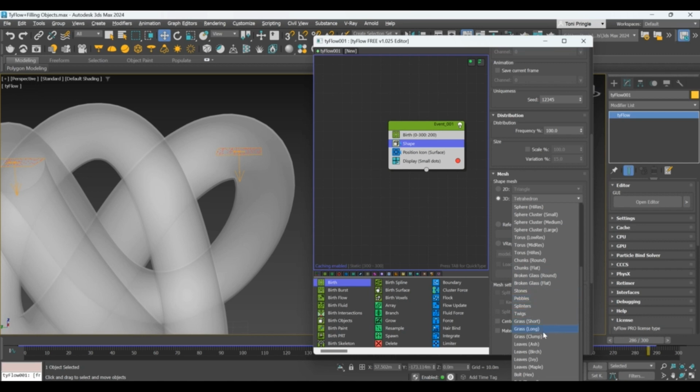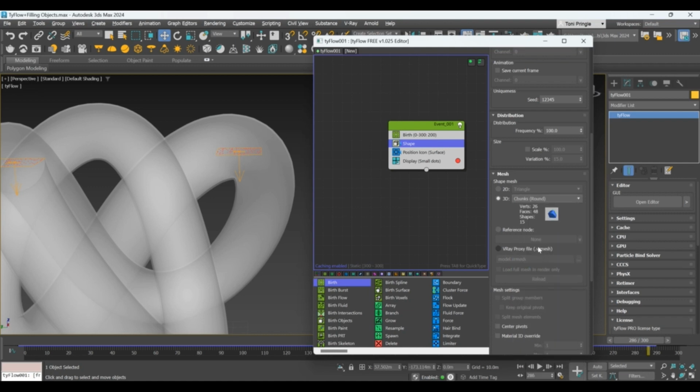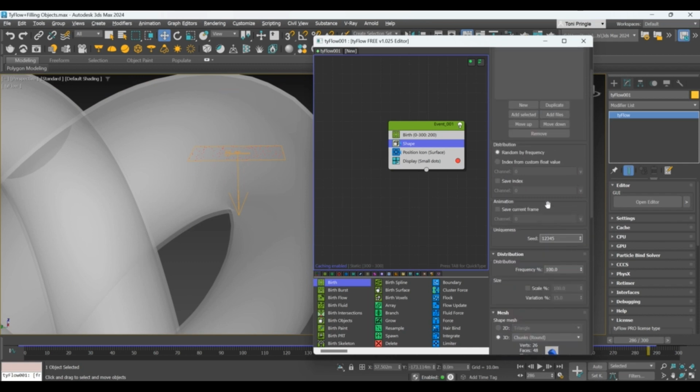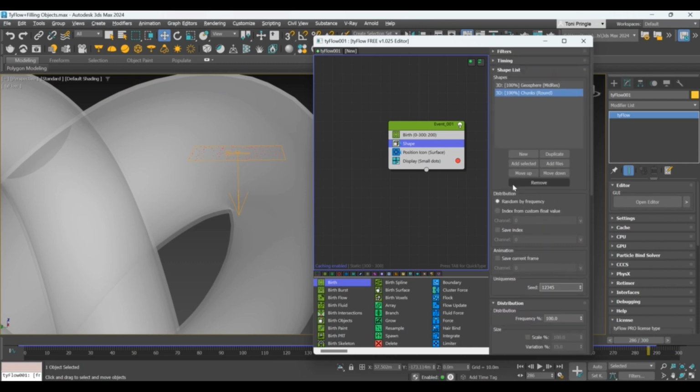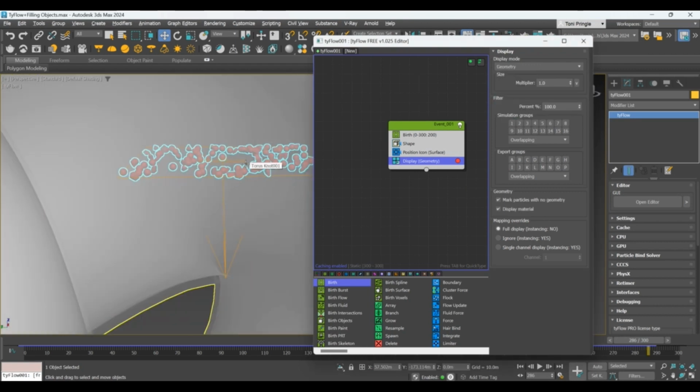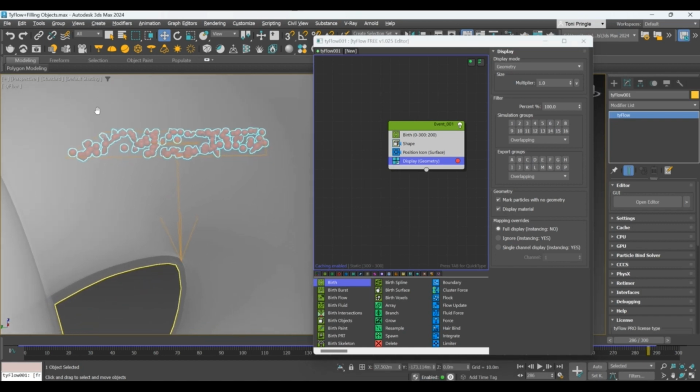Let's go for little chunks and change it to geometry in the display. So you can see those are showing a little bit bigger, but